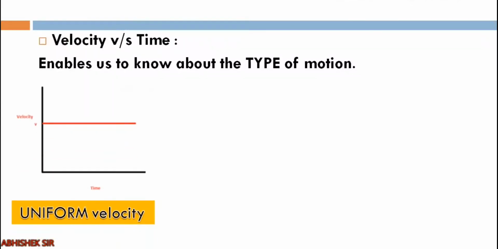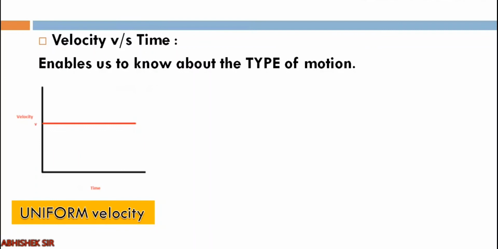So here we can see that on the y-axis we have velocity, on the x-axis you have time. As you see, from the beginning of the time, velocity has a value. That means you have to imagine an object which is going at some velocity, right? After some time, the velocity is the same. For example, it started with 10 meters per second, and after 5 seconds also, the velocity is 10 meters per second. Then after 30 seconds also, the velocity is 10 meters per second.